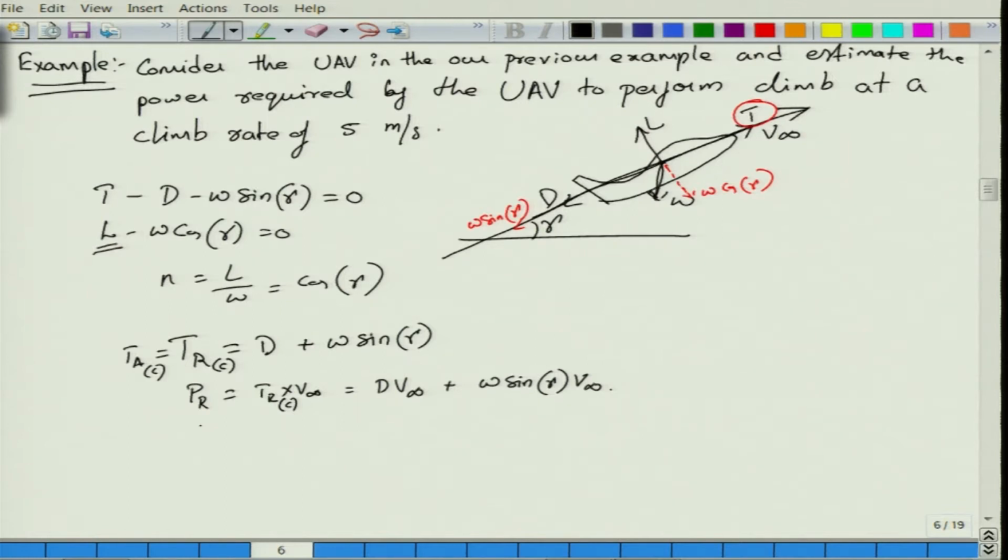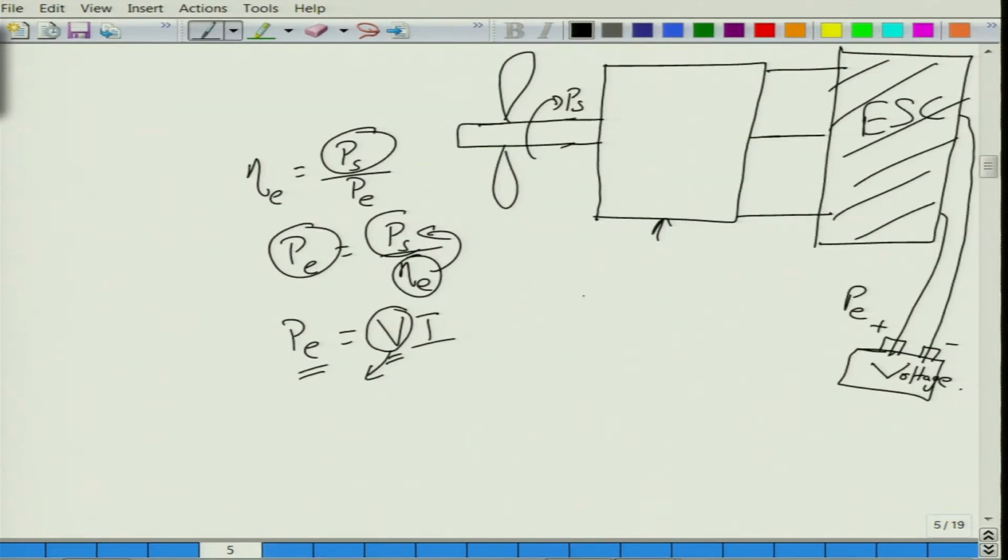So, this is for electrical efficiency, right. The propulsive efficiency eta P is equal to power available upon shaft power, right. With the help of this propeller, we are converting the available shaft power from the brushless motor or the engine to the available power that helps the aircraft move forward. So, this is power available, the output from this propeller and brushless motor combination. The output, power available upon shaft power, is the propulsive efficiency.